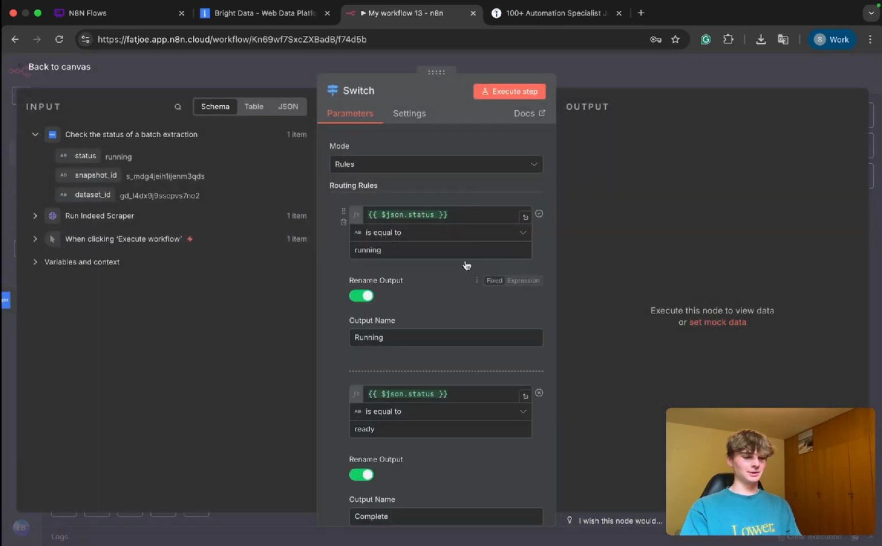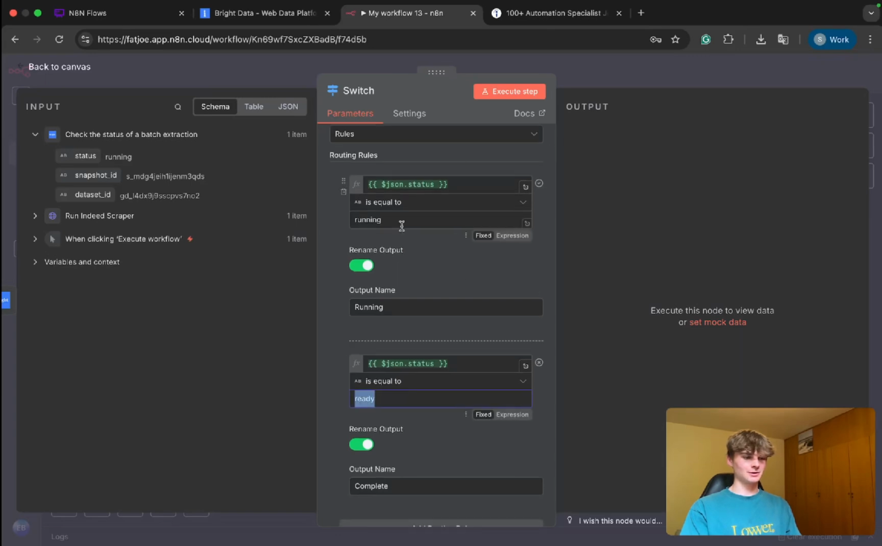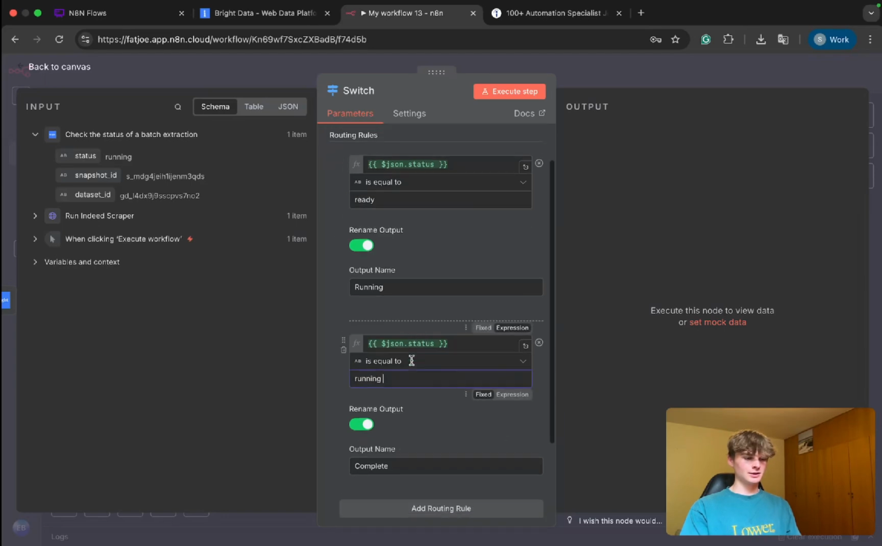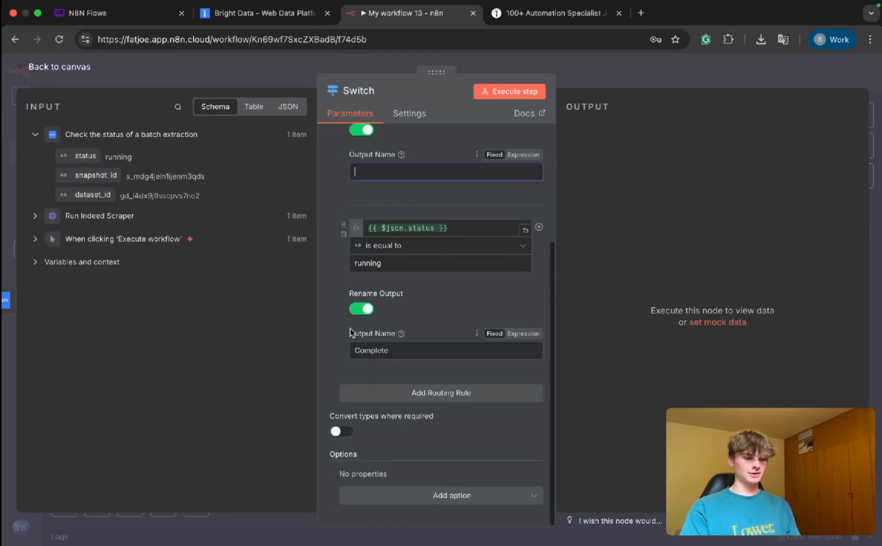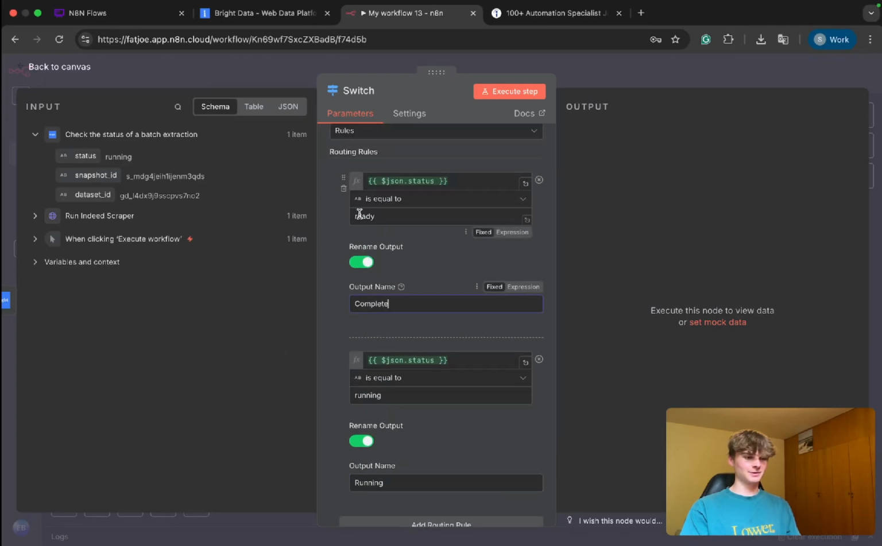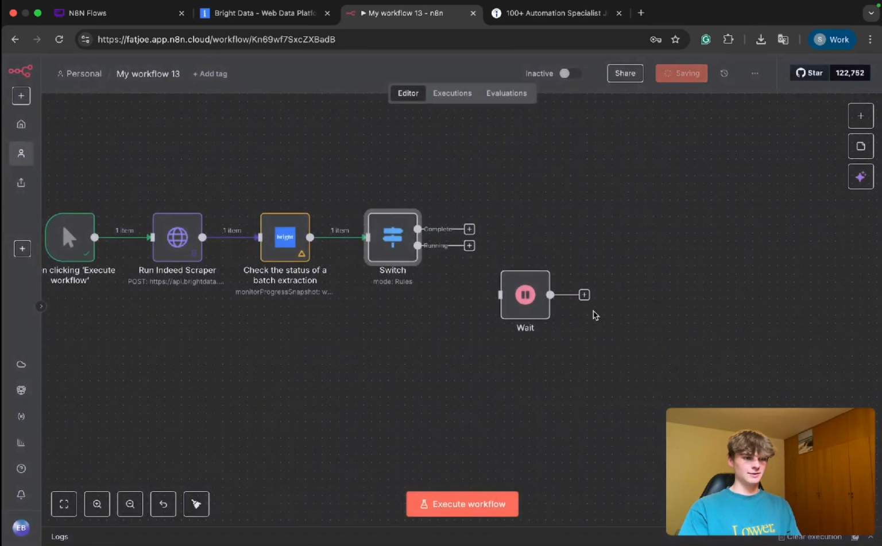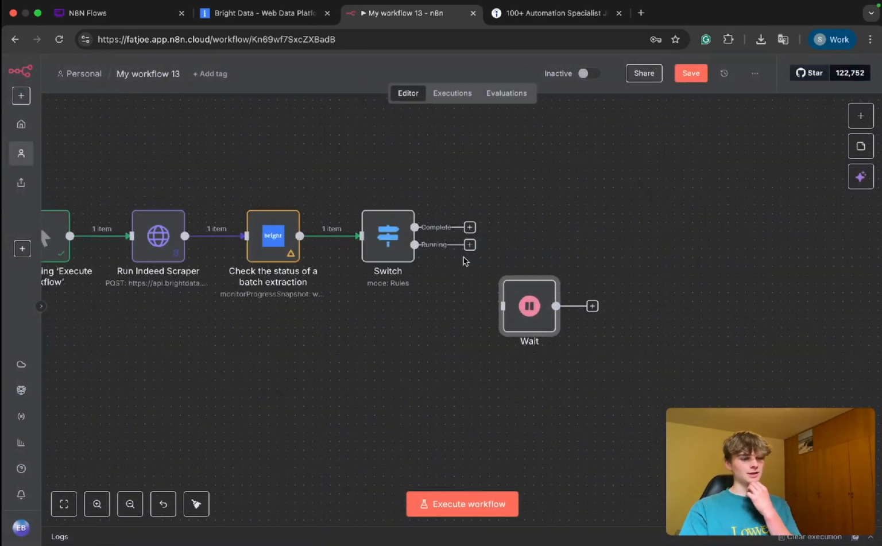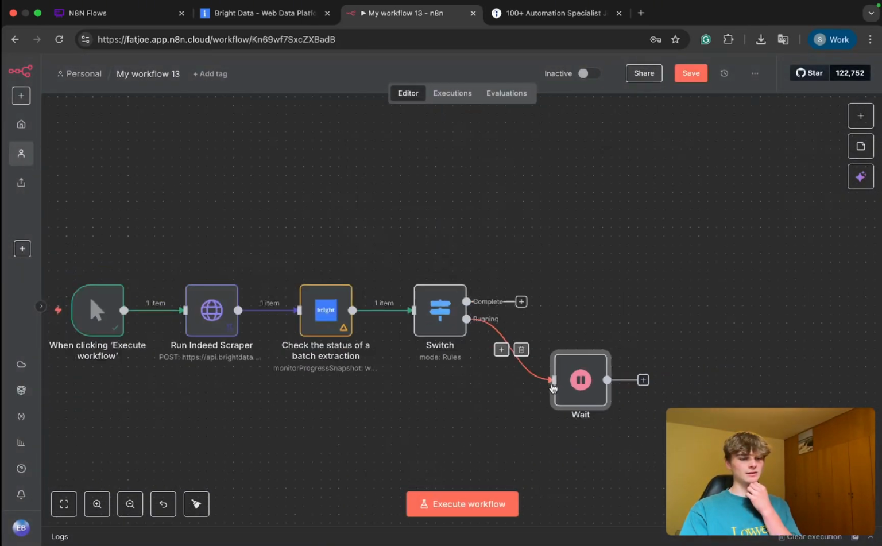So to make it look nicer, what I'm gonna do is switch these around to say if it's equal to ready, running, just switch these around. There we go. Complete. Running. Make sure there's no white space around it. There we go. Because basically what I want to do is if it's running, then I want to wait like